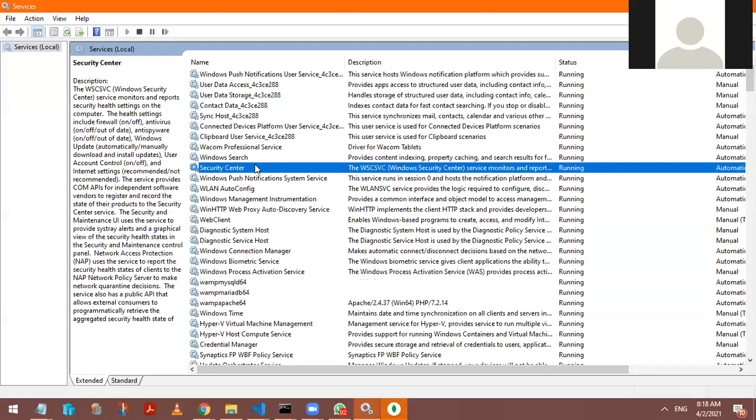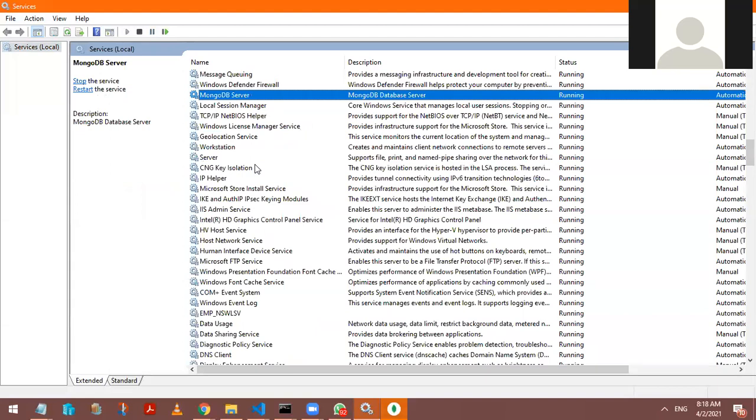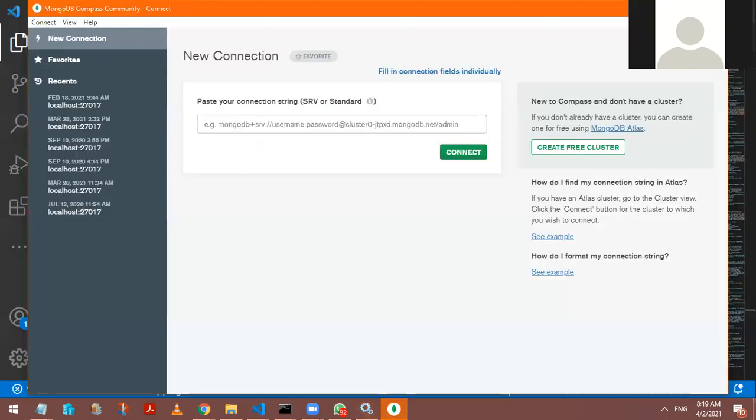So let me just see whether there's a MongoDB also available. MongoDB server. Can you see, if you install MongoDB server on your computer, you get MongoDB server status as running. You can start, you can stop the service using this administrative tool. Correct? No? Fantastic. It is already running. So if I have this MongoDB server running in the background, now can I access this MongoDB server and try to create certain collections or not?